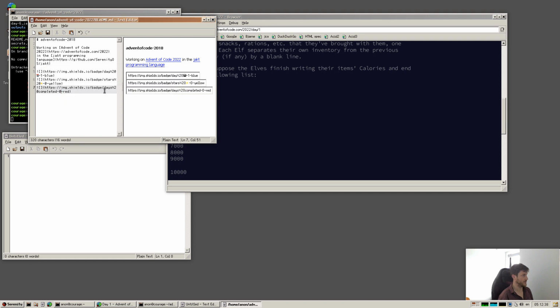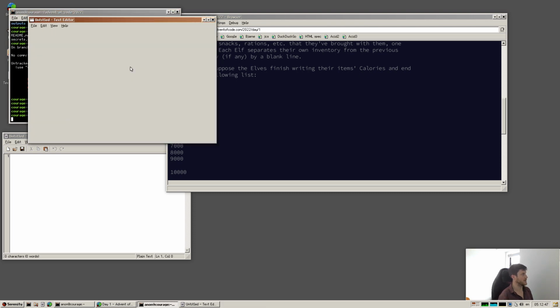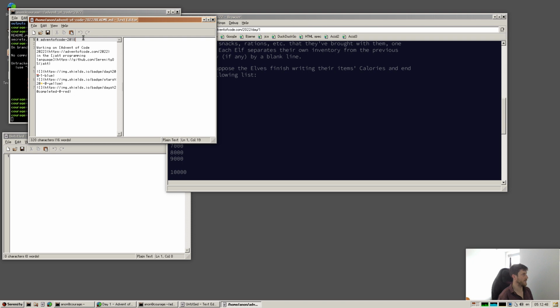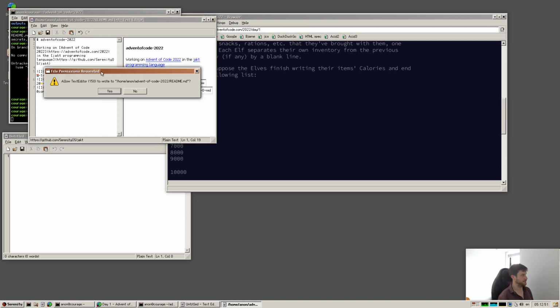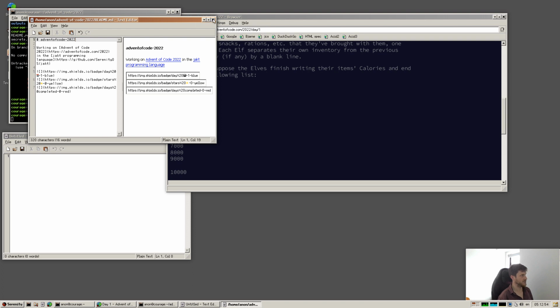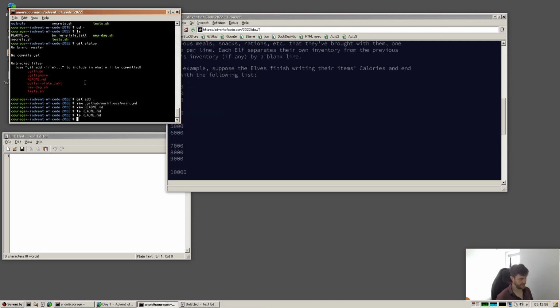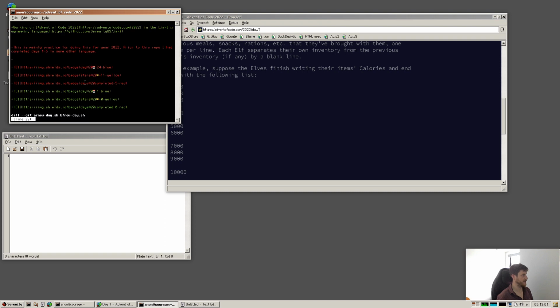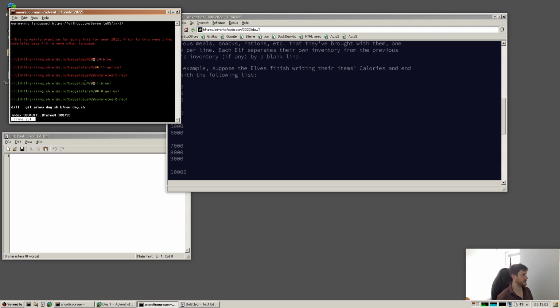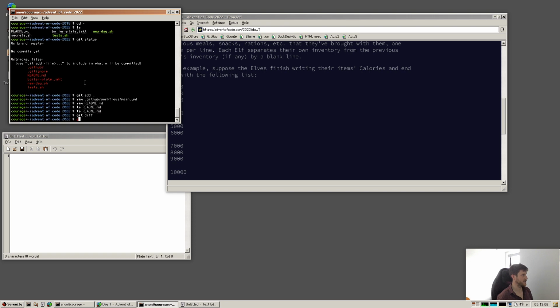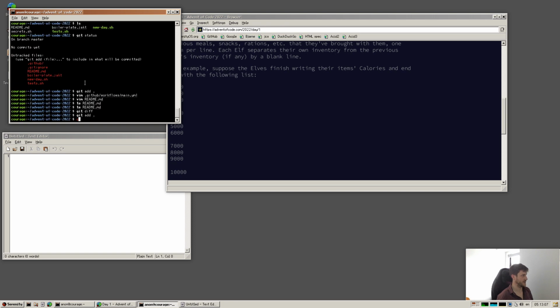Cool. So this is just boilerplate stuff that I had from last time. And now if we look at the git diff, we can see that we changed a couple of things. So if we just add all that stuff,